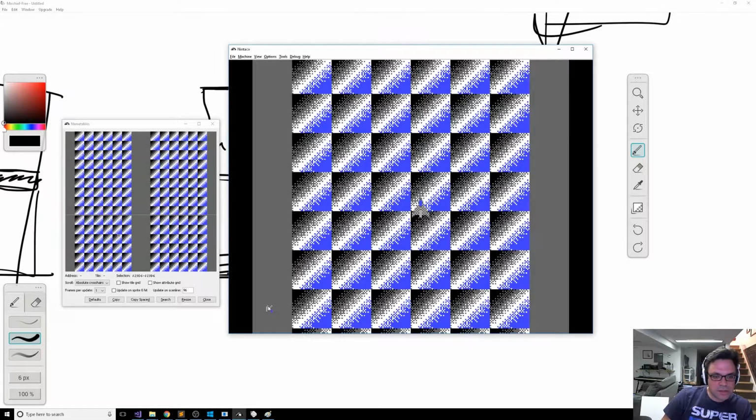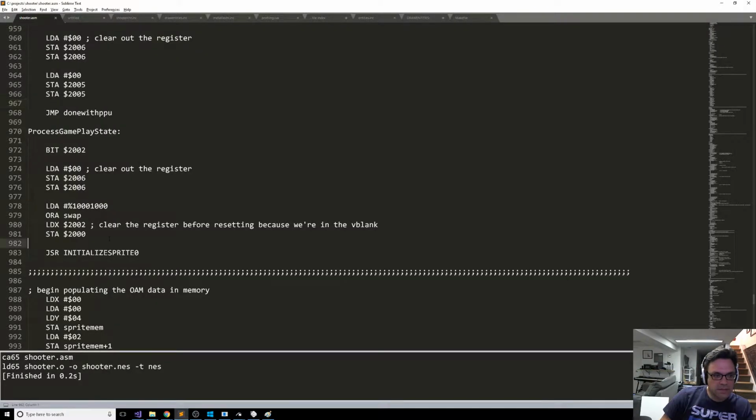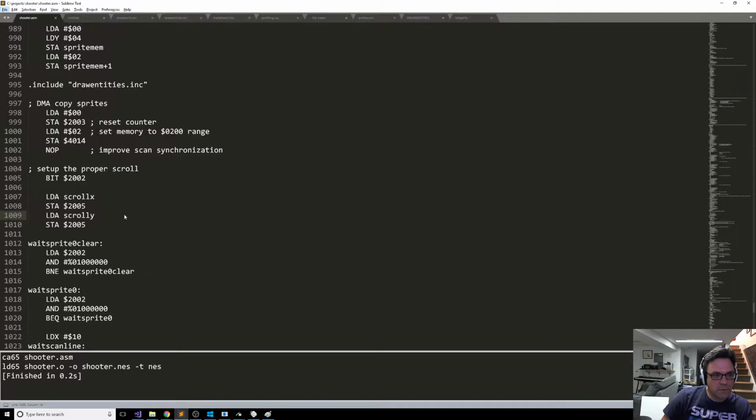So what I'm trying to do is make it so that once we get to this point, I want to force the Y scroll register to be at a fixed position, so that this part of the screen is always the same. It's only this top part that's scrolling. But for some reason right now, the Y value doesn't seem to be having any effect on the scrolling,